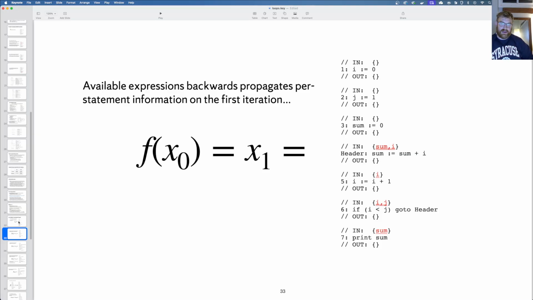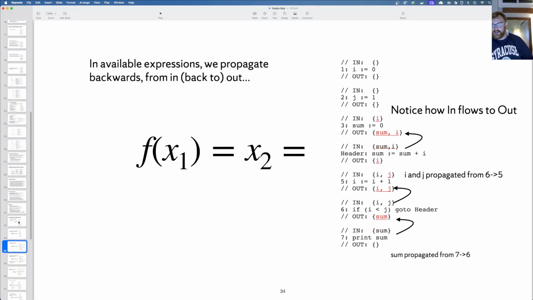It's going to turn out that the function f is always going to be monotonic. What I mean by monotonic is that it's always adding information. We're never removing information. That's going to be important so that we don't re-explore states that we've previously explored. But if we know that f is monotonic, and it will be by construction of the way that we're doing things, we're going to be able to exploit some nice properties to get some favorable implementation details, let's say.